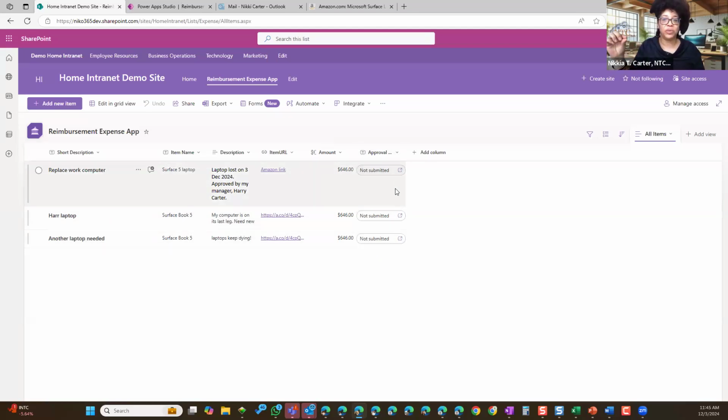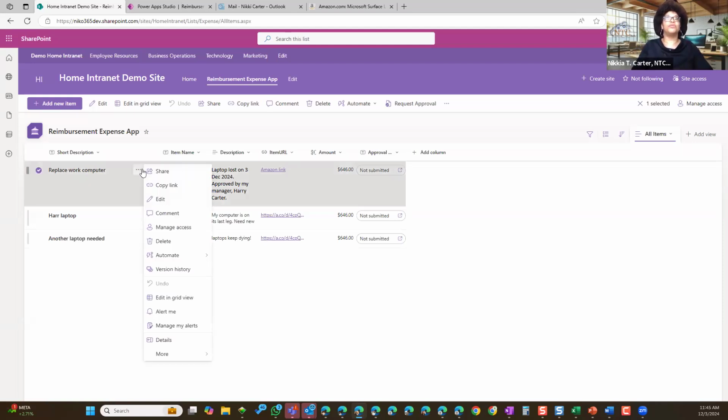Now that was that field that we were seeing on the SharePoint form at first. There's a way to remove it, but because I didn't realize it was still there, it was showing up in the list even after I had turned off the approval. But I'm turning it back on now, and you can see that all of these have been submitted to the list, but they haven't been submitted for approval yet. So let's take maybe my first one, this one, and I want to submit it for approval.